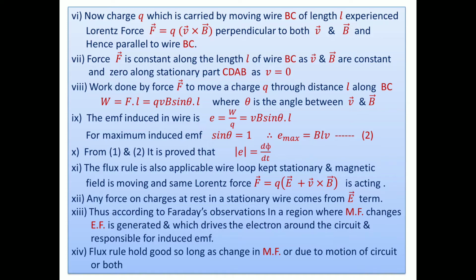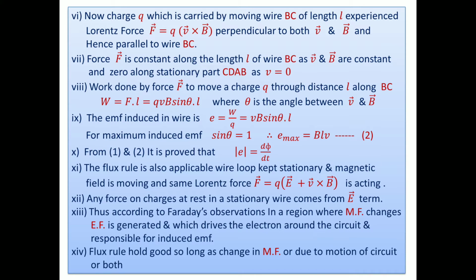Thereafter we are going forward. Because of this force, as the charge is moving along the wire BC through distance L due to force F, mechanical work, electric work, is done. And this work equals what? Force into displacement, force into the real displacement of the charges along the length of the wire BC. So you can take here F into L. What is the magnitude of the force then? Q vector V cross vector B, meaning V cross B is VB sin theta. So you can take QVB sin theta into L.